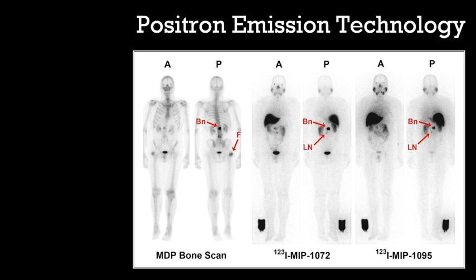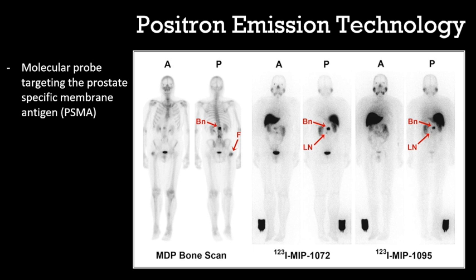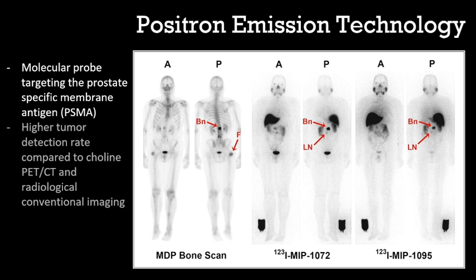New advances in PET imaging have been made using a new molecular probe targeting the prostate-specific membrane antigen, PSMA. PSMA-based imaging has been shown to offer higher tumor detection rate compared to choline PET-CT and radiological conventional imaging, especially at very low prostate-specific antigen levels during biochemical relapse, which is a scenario that typically does not return positive cancer